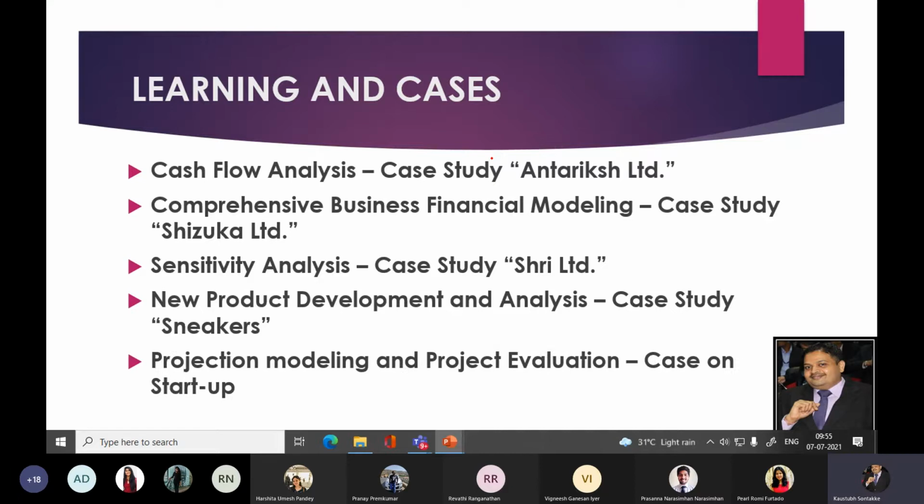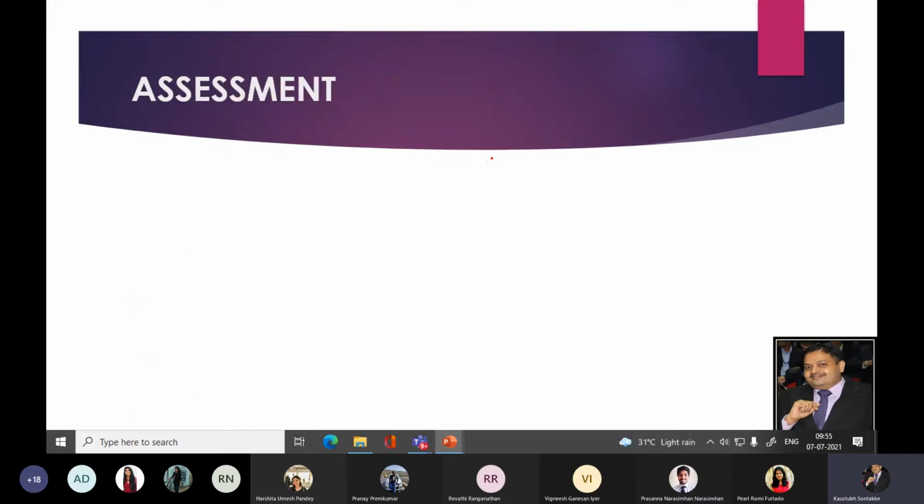And then we'll do the projection modeling and project evaluation, case study of the startups. We have a group project, as I told you, the last point here, which is we are going to do the comprehensive financial modeling in the group project. Okay,